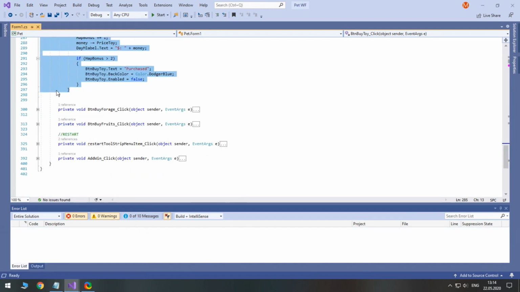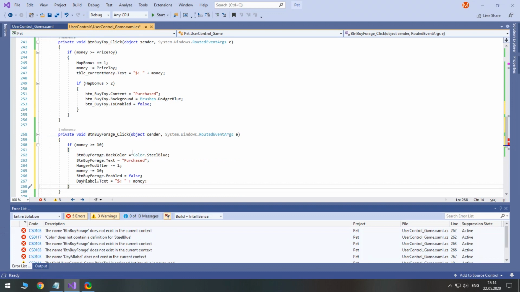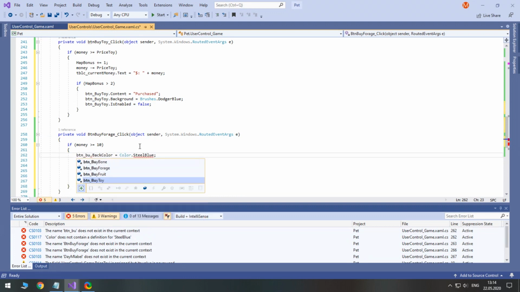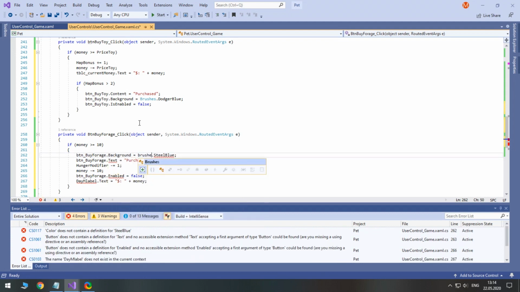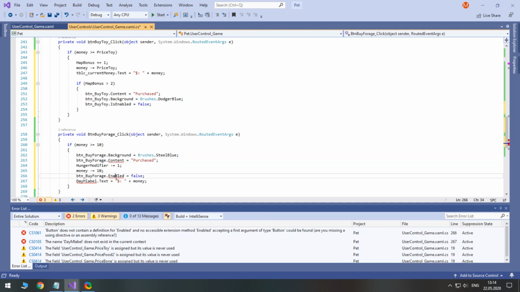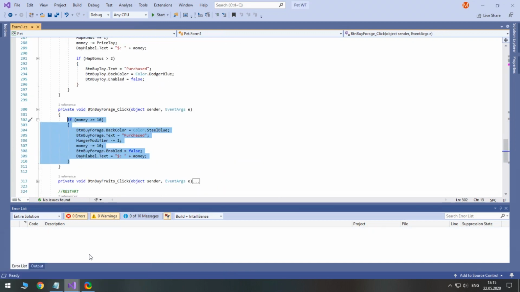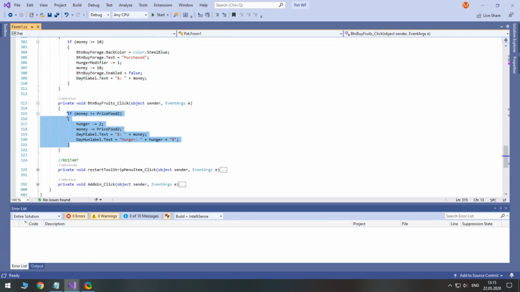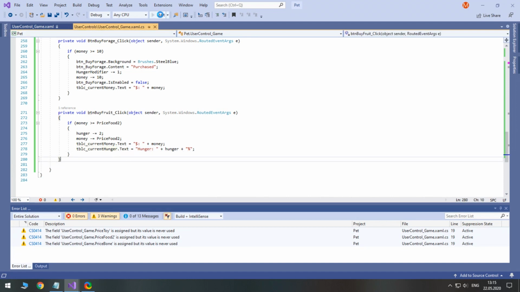The same for BuyForage. And finally copy the code for BuyFruit from Windows Forms. I think we have done everything. Let's run the game.